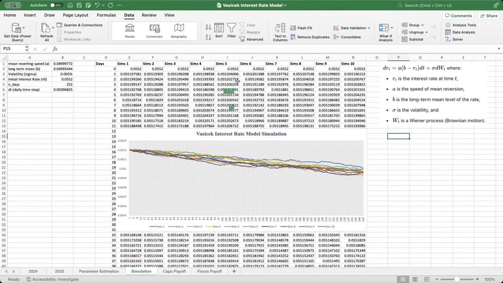Okay. So as I said, this is a complete end-to-end project. The first part of the video was to understand the theory of Vasicek. In this video, I gave you our Excel implementation. In the next video, I'll be explaining what interest rate caps and interest rate floors are, and how we can use the Vasicek model to value them. And then in the next video, I'll be walking you through the Excel implementation. So again, this is an end-to-end project, and I hope you